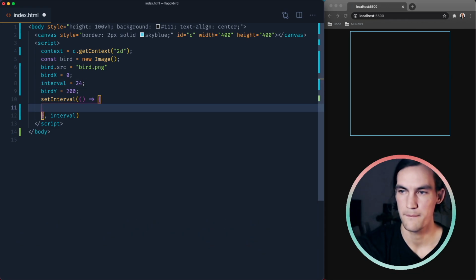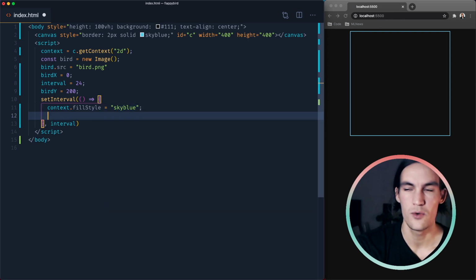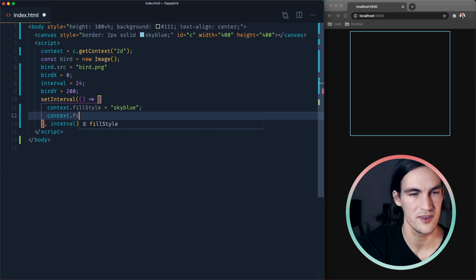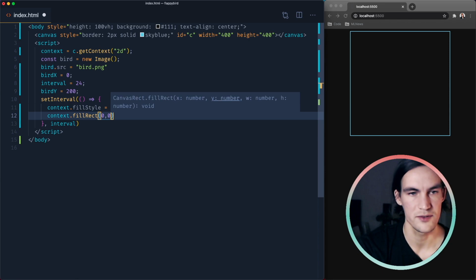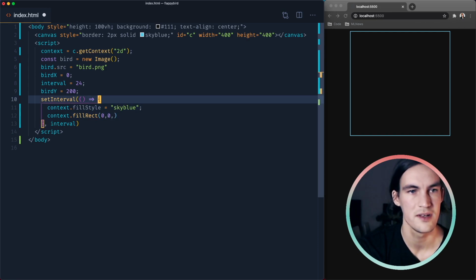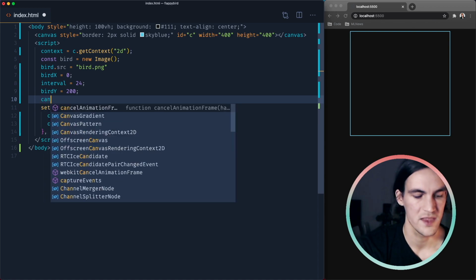In this canvas we want to set the fill style, to set the color that we want to draw in. So we'll do context.fillStyle equals, we'll start with sky blue. We will want to paint the whole canvas with sky blue first. So then we do context.fillRect. We'll start at coordinate 0, 0, so top left, and then we will want to draw the whole canvas. So let's get a variable for the whole canvas size